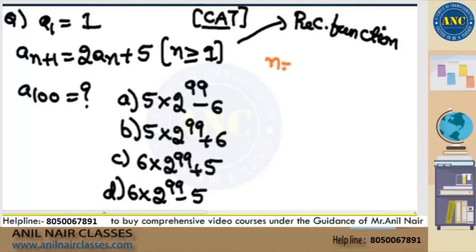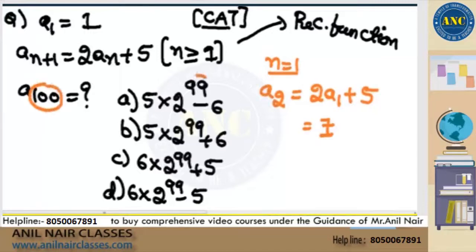If I substitute n = 1, this is A2. A2 = 2a1 + 5. A1 value is 1, so 2 plus 5 is 7. Now if you observe here, this is 100, and this power is 99. So if it is 2, I will translate this question into 5 into 2 power 1